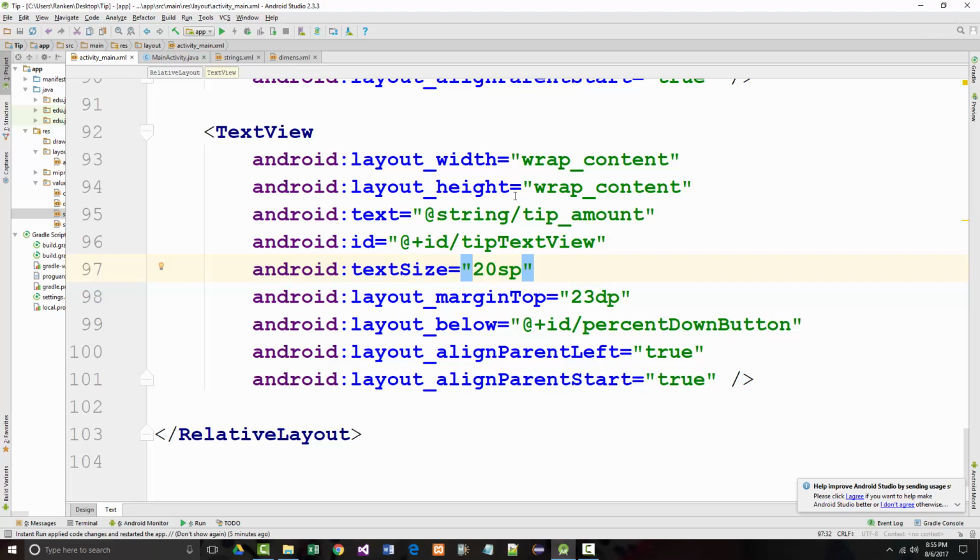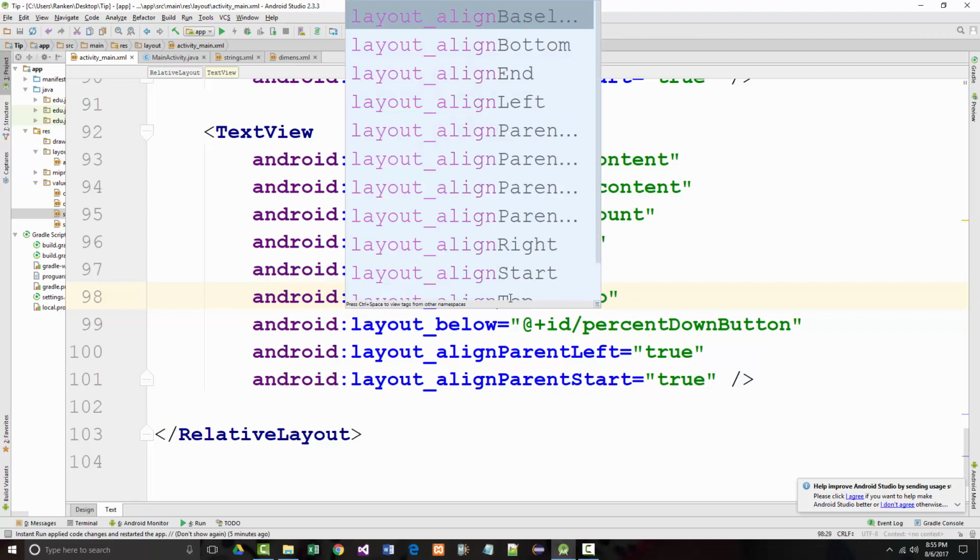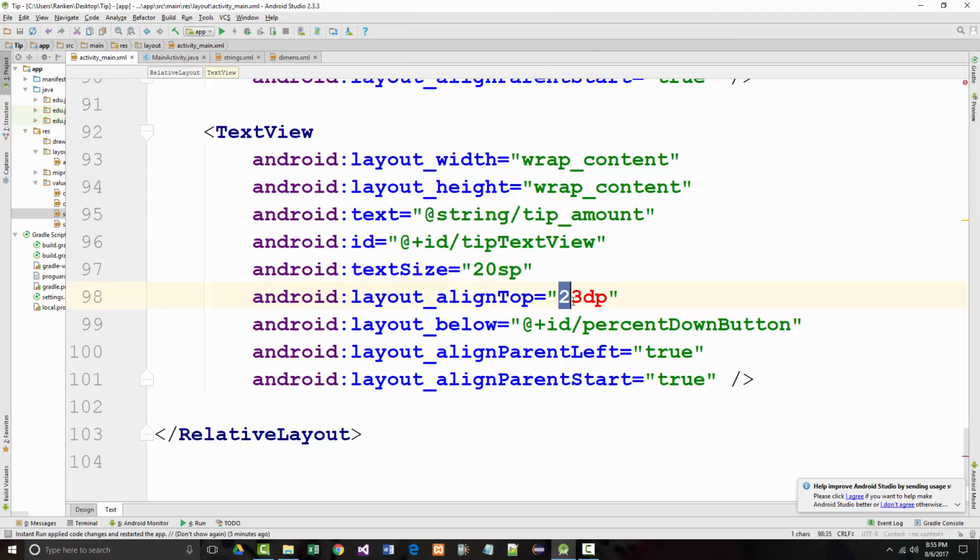So wrap content, tip amount, tip text view. Got this. All right, then we want a layout align top. And we want that to be to